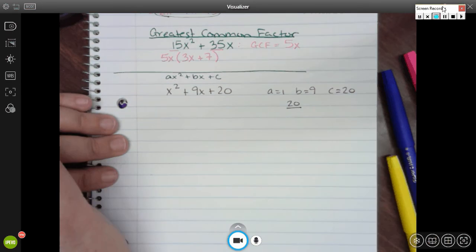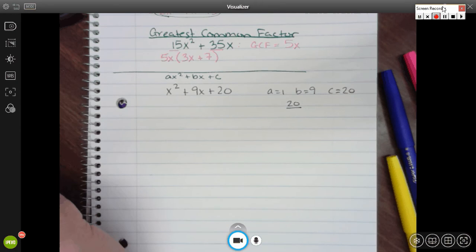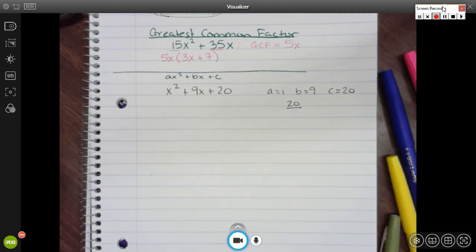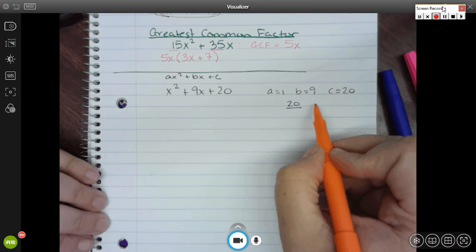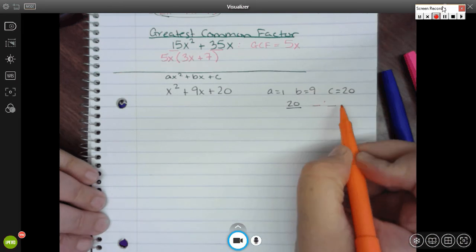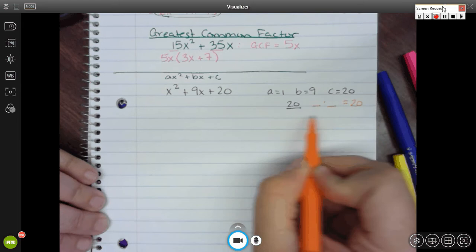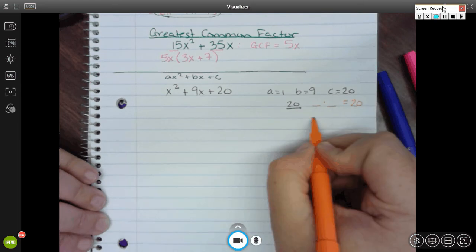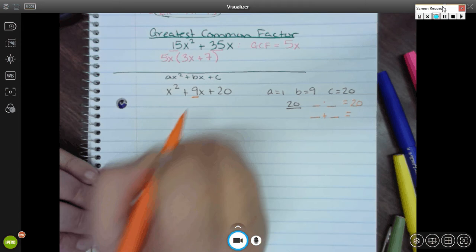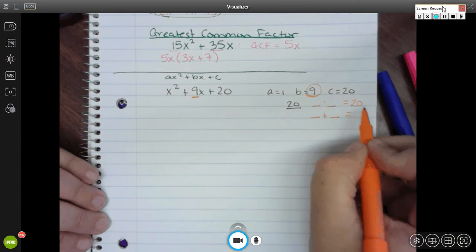Here's the puzzle part, as I like to call it, of factoring, all right? To me, this is the hardest part, and this is a slightly easier one. We'll get to some more difficult ones, but if you can get this part down, you shouldn't have any trouble with the rest, because to me, the hardest part is figuring out this puzzle. So here it is. What two numbers do you know of that when you multiply them together, they give you 20 from here, but yet when you add them together, they give you b, whatever this b is, they give you 9,